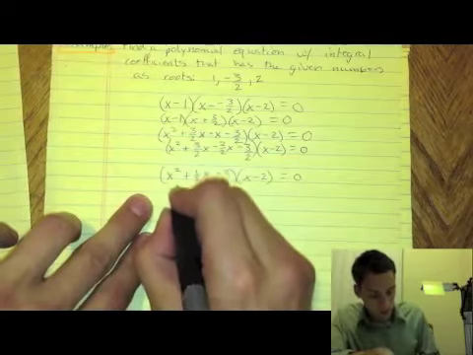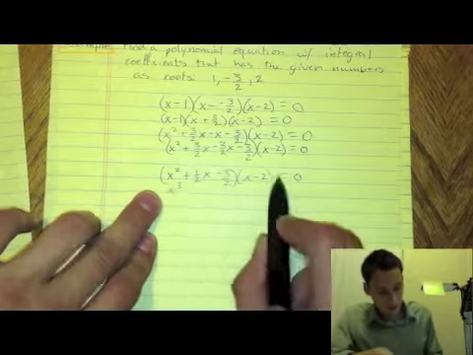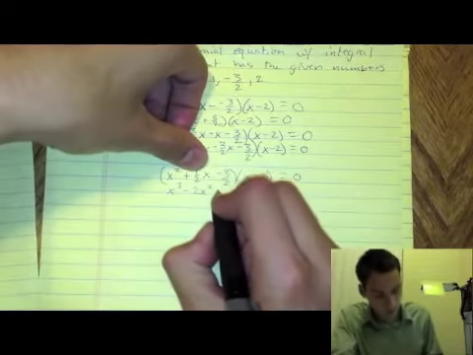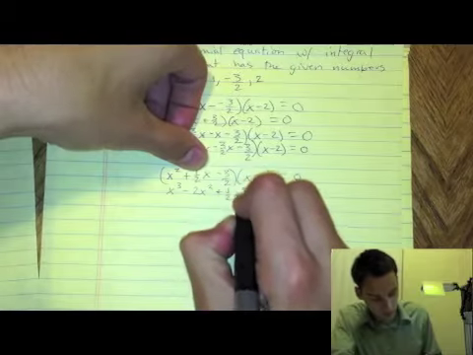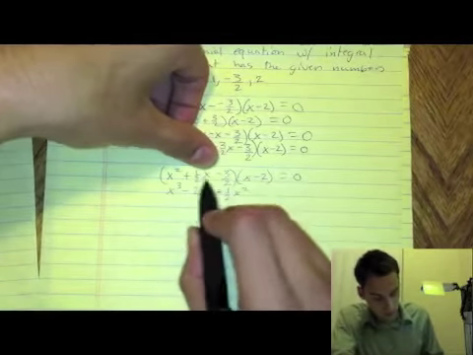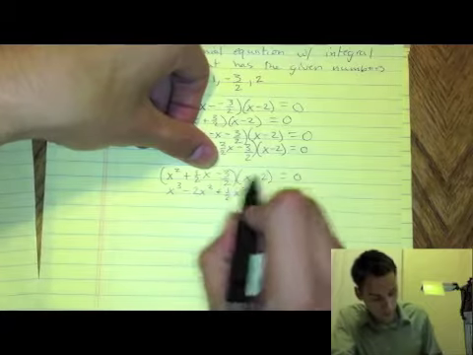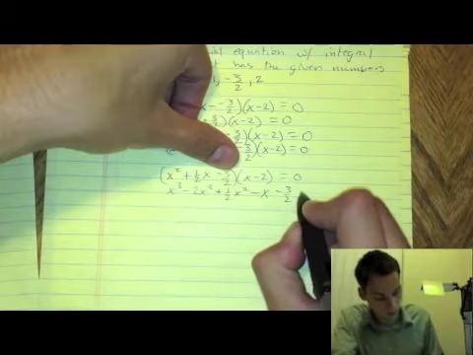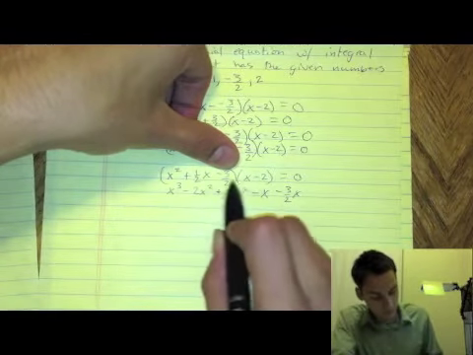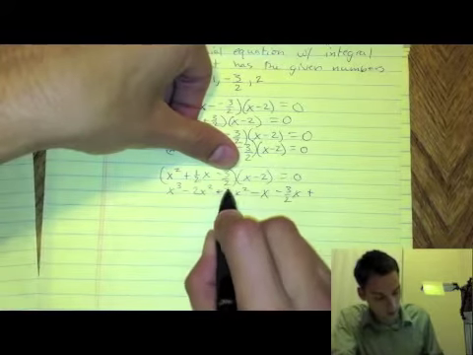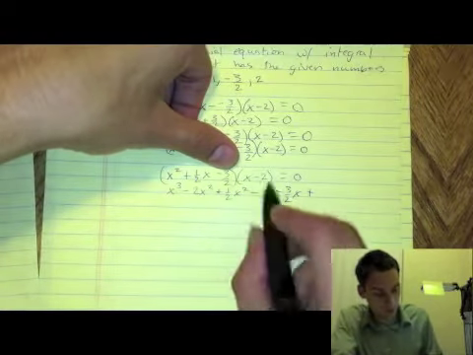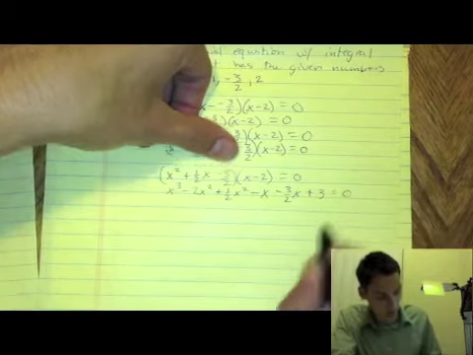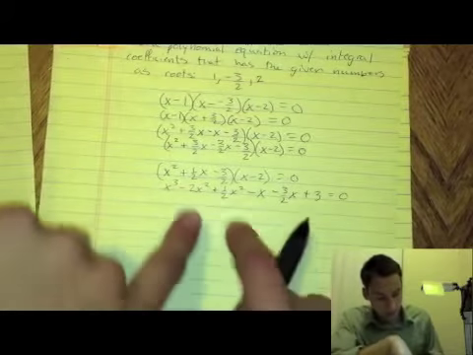So then I just keep going. x to the third minus 2x squared, and then this piece plus 1/2 x squared, and then minus 2 times 1/2 is 1, minus x, and now minus 3/2 x plus 3/2 times 2, or these are negatives, is 3. Equals 0. So what I could do is add like terms, but I want to get rid of these fractions,